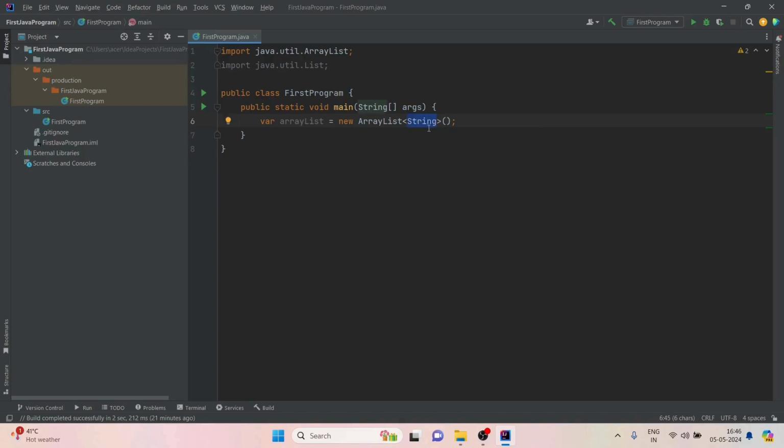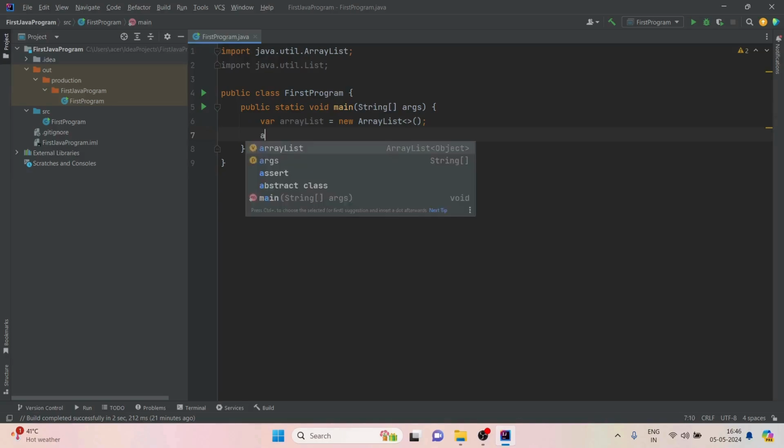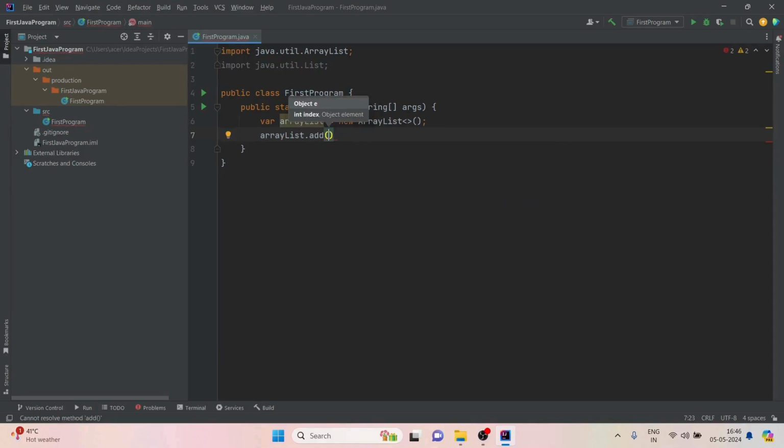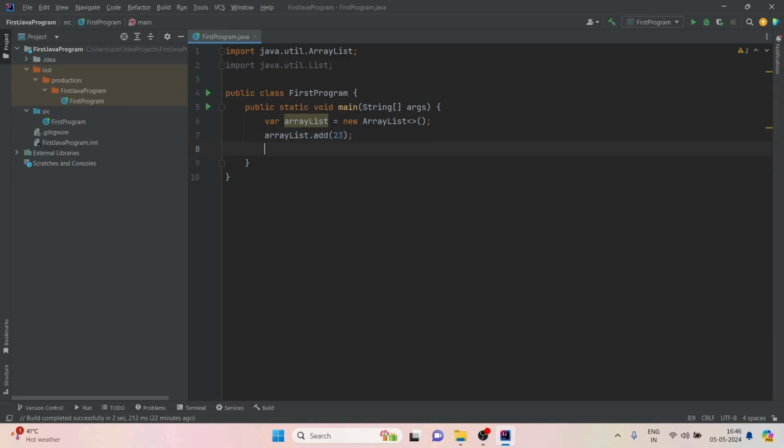Now let's change it back to array list of objects, and let's try adding some elements into it. So I'll type in arrayList.add, and since we are using the array list of objects, I can type in any data type. So first I'll type in an integer, then I'll type in a string,